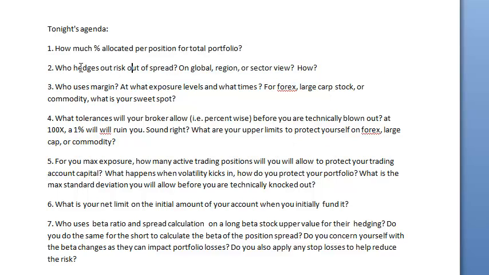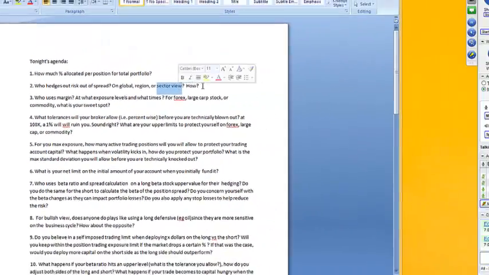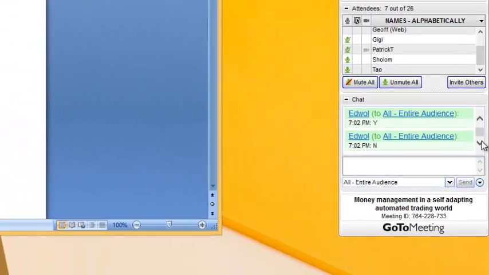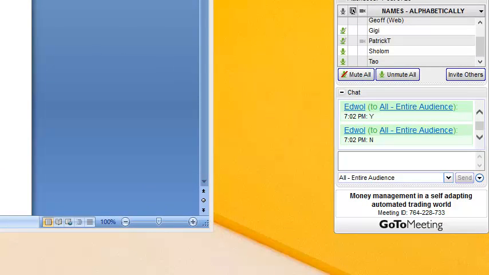All right. So let's get on to the second question. Now, I don't know if anyone actually does spread trading, and if so, how do you guys hedge out the risk, and how do you factor in the different views on your global, regional, and sector view, and how you approach each one? Does anybody have any answers on that at all, or any guidance?